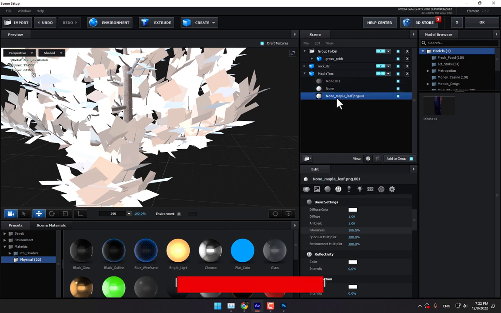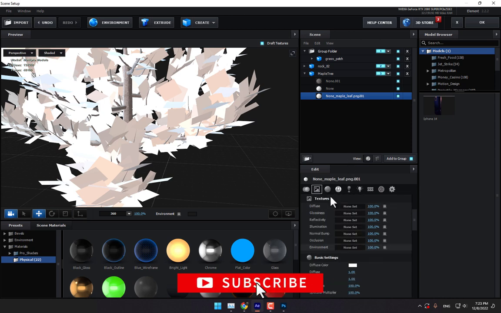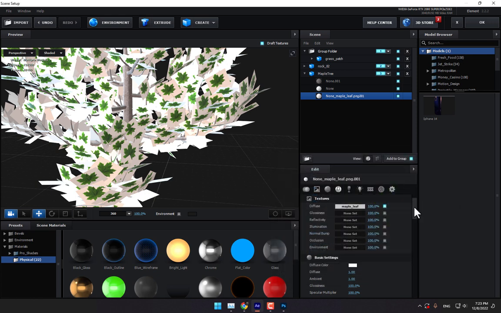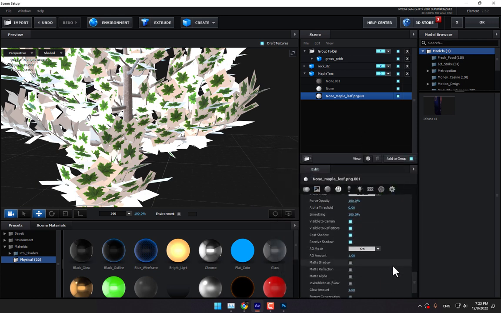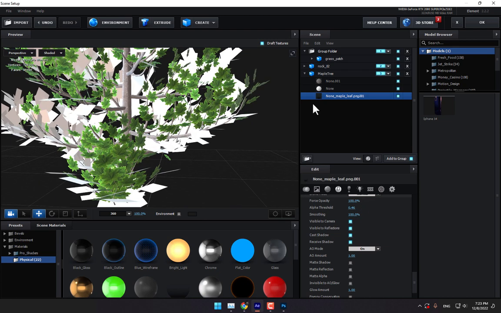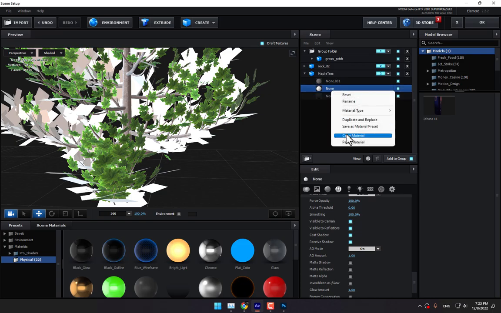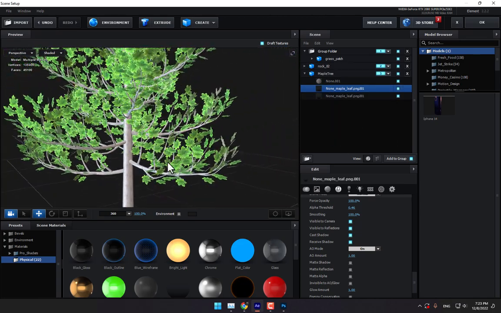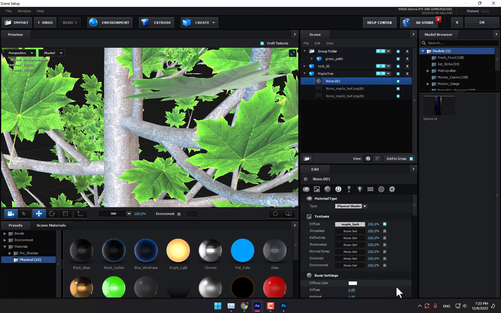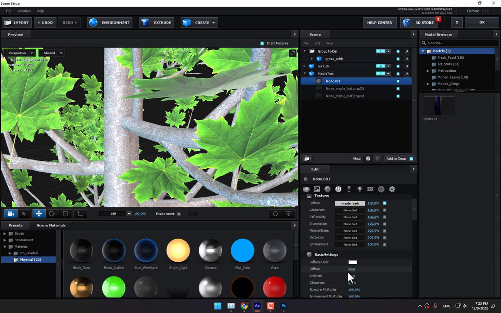and now go to marble leaf PNG, go to texture, select the leaf PNG, press OK, select that and go to where there is the alpha threshold 0.1. Need more threshold like this. Right click, copy and paste. This one looking good, but the three triangles texture have some problems. Change to 0 and